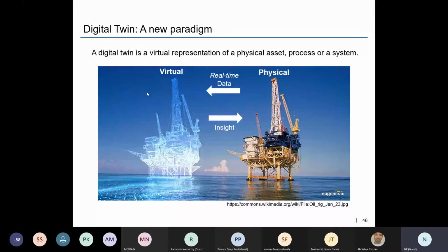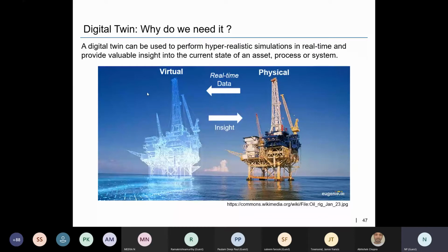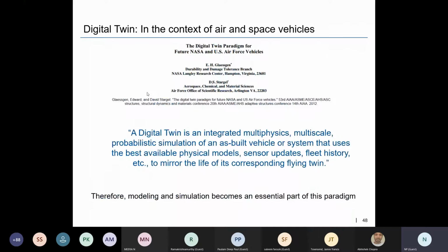So why do we need something like this? A digital twin can be used to perform hyper-realistic simulations in real time and provide valuable insights into the current state of some asset or process or system. And this idea has been steadily gaining ground, especially in recent years, especially in the manufacturing sector. It comes in a variety of flavors, but it's gaining a lot of importance and a lot of attention in recent years. In particular,